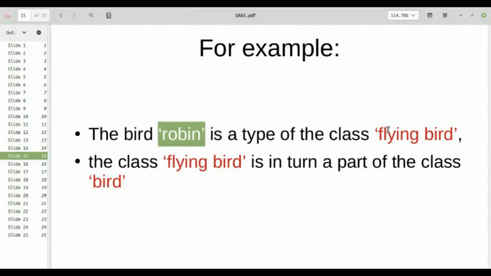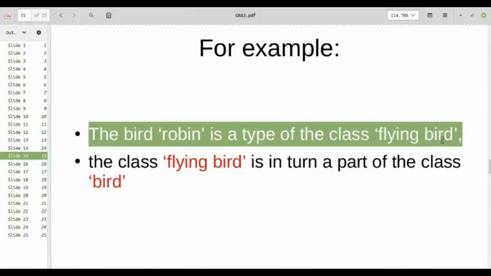If we simply consider this first statement, flying bird is obviously a class and bird robin is a type. What does that tell you? Is bird robin a class or an object? Just type in the chat box. What do you think? The bird robin, is it a class or is it an object?